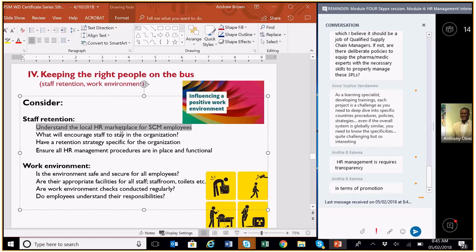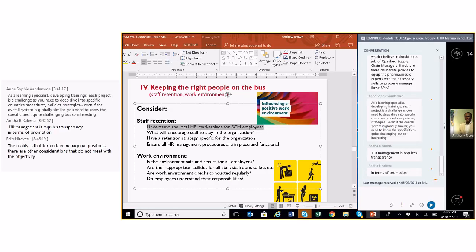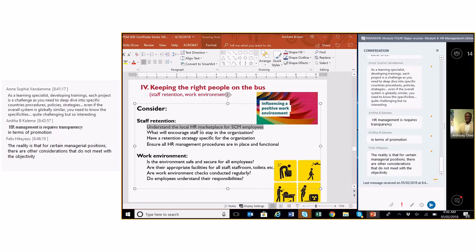But apart from wages, there are a lot more things that motivate people to stay in a particular organisation. Understanding your local human resources marketplace is key. If you're a government supply chain organisation, you should know what's happening in the private sector for similar jobs, and what's happening in the development sector, so that you're aware of what wages are, etc. In at least one of the countries where I've done a bit of analysis, there is more than 5 times difference between the wage paid by a government and the wage paid in the private sector or some of the supply chain projects.